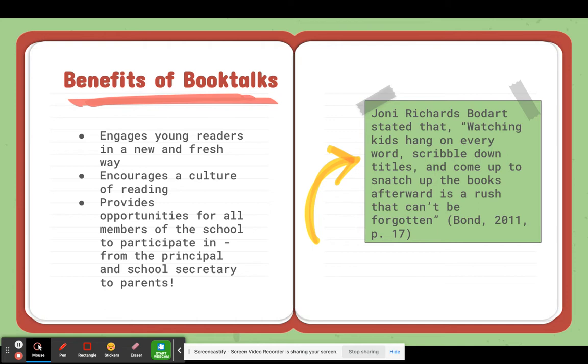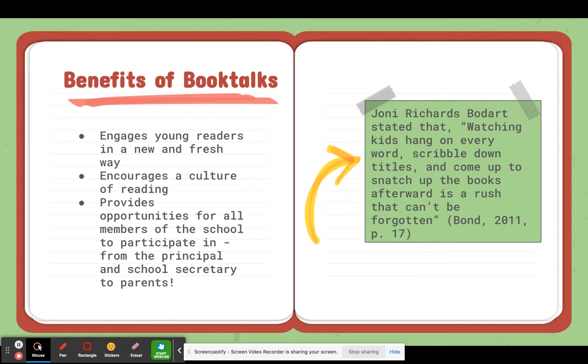If you can create that culture of reading and you know that you have readers within your building and you know that they would be willing to share with your students, that is just going to be amazing for students to see. So anyone can talk about a book. It doesn't just have to be the librarian. It isn't just the English teacher. And that is, I think, what will have the most change for our students in the future.